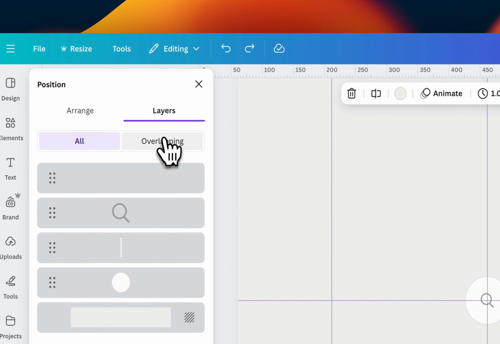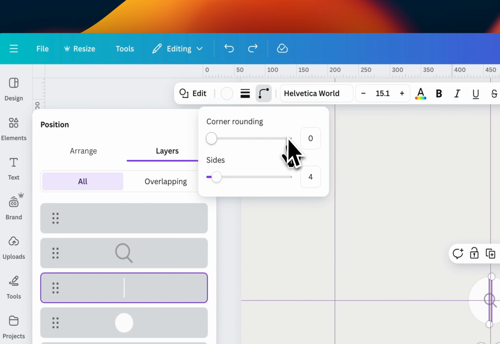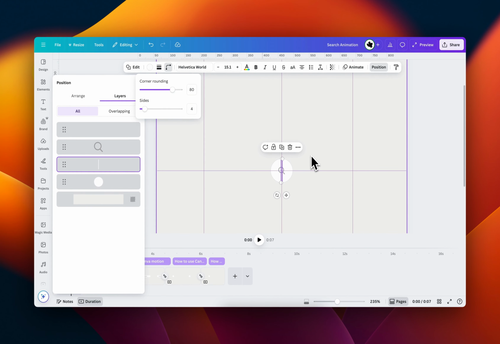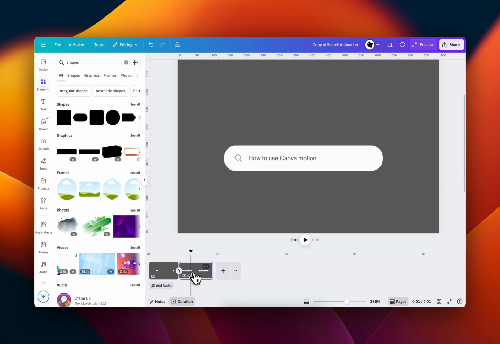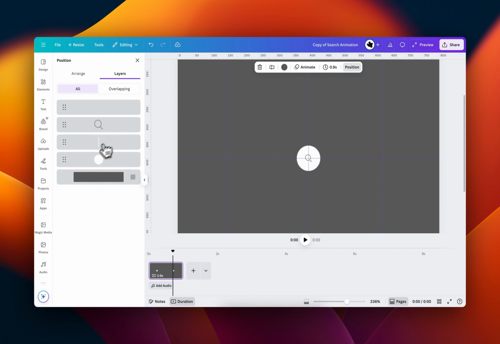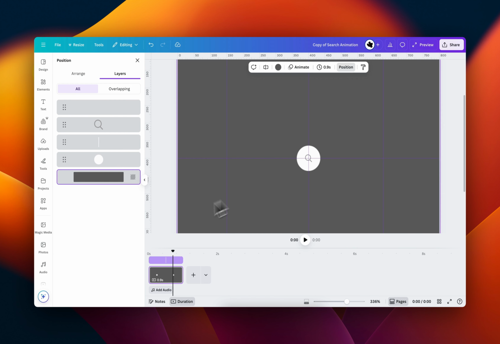So for the first screen as well, when we go to position and we go to this here as well, you can see that it's actually set to 0. You can actually make it 80 here. If you make that 80, it will actually curve. So let's just do that again. We select this, and while we're here, go to position, and we select this rectangle, and then here we make this rounded corners to be 80. So when we